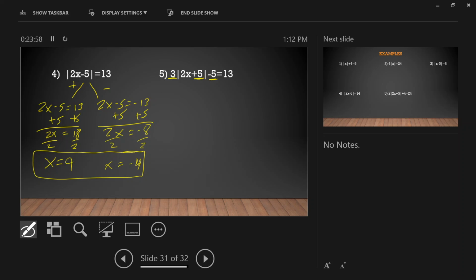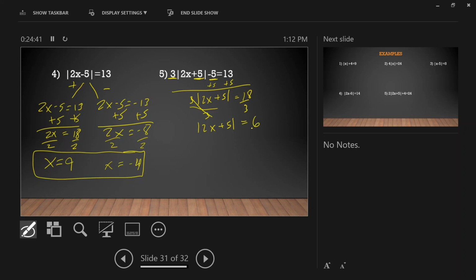Now, again, back to just solving equations. If I'm solving equations, I have to add or subtract things first, then I divide, right? So let's add a 5 to both sides. That's going to give me 3 times the absolute value of 2x plus 5 is equal to 18. Now, can I divide by 3? Absolutely. So let's divide both sides by 3. The absolute value of 2x plus 5 is equal to 18 divided by 3, which is